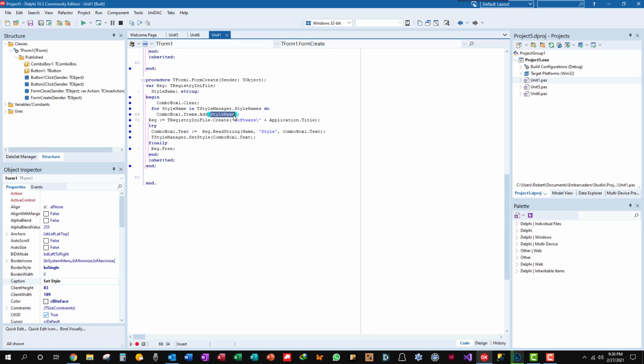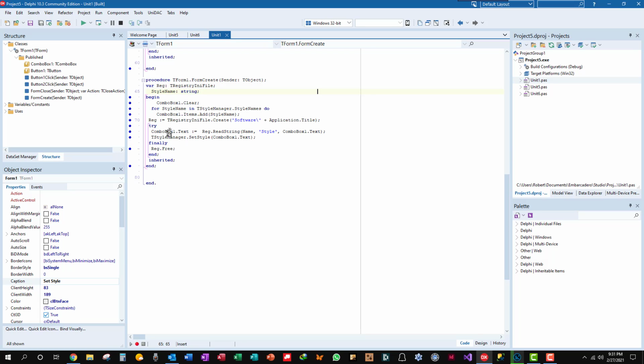That's our string variable. Then in the registry, we simply create the registry file if it's not already there,